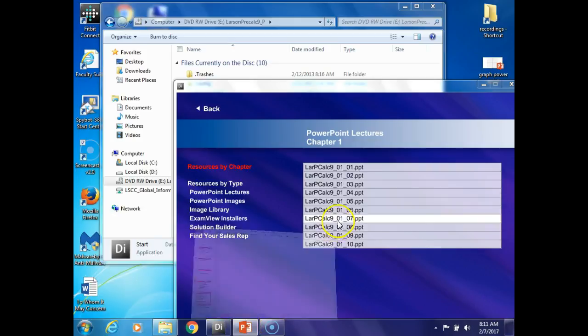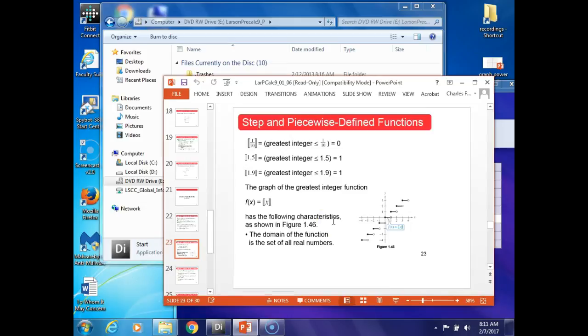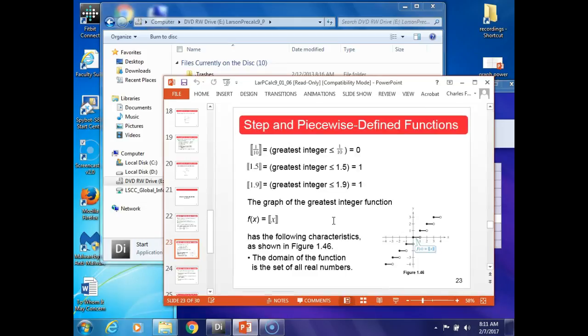Still not opening. Okay. I think it's finally gotten there. Now,